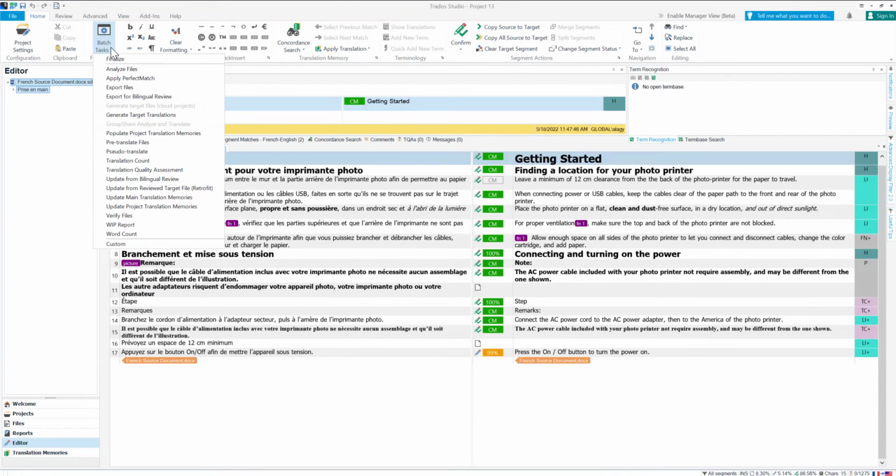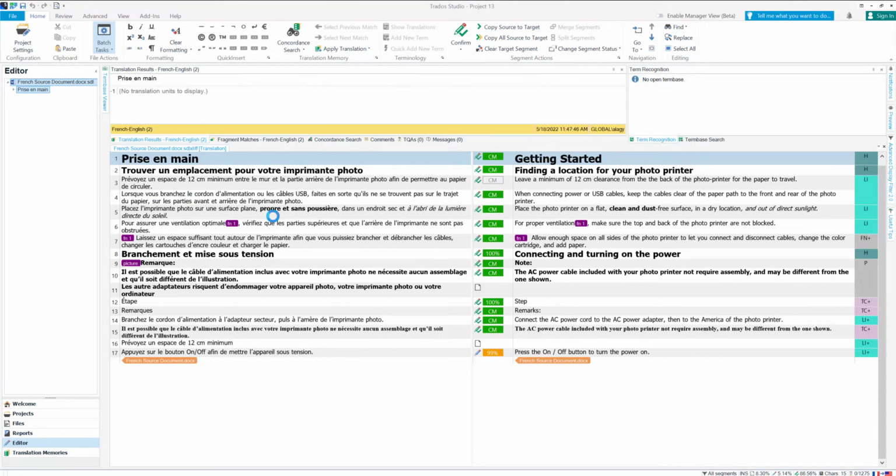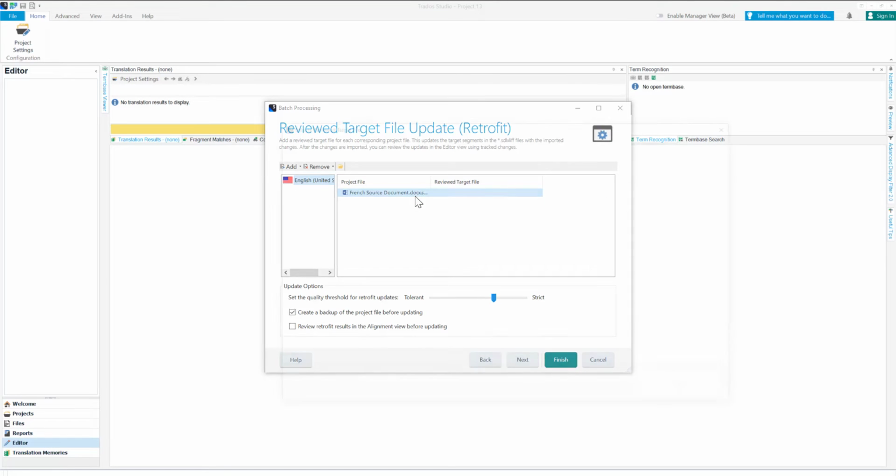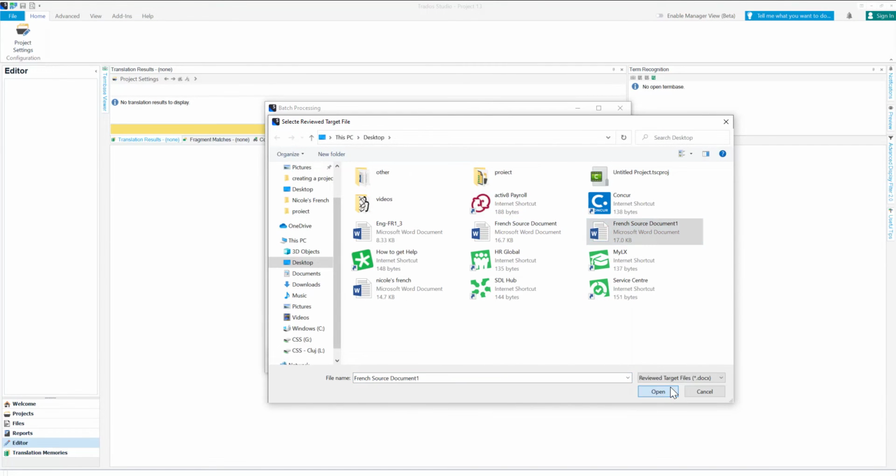To import the changes back into my bilingual file, I choose Update from Bilingual Review on the Review tab, or from Batch Tasks. Under Review Target File, I select my corrected Word document and click Finish and then Close.